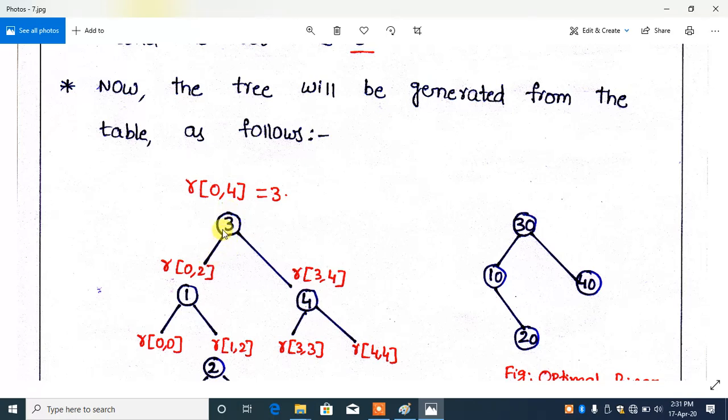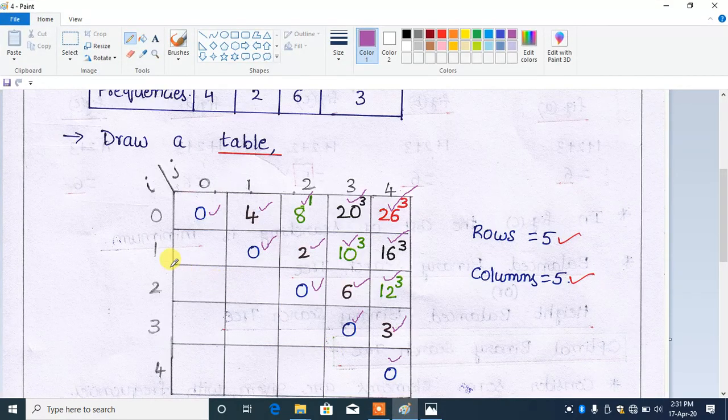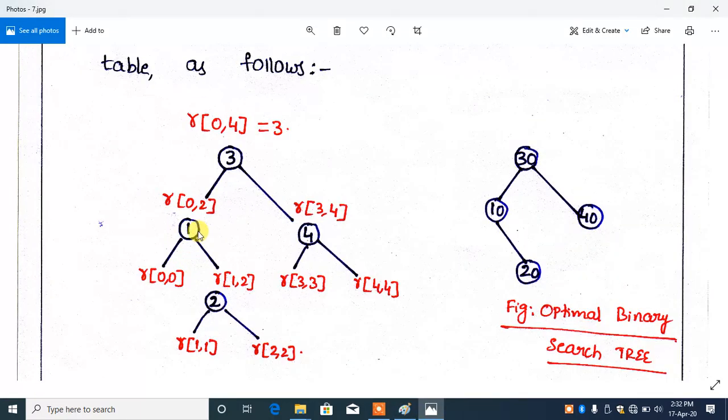Here the left contains less values and the right contains greater values. So for the left you have to consider the cost of traveling from 0 comma 2. See the table. The cost of traveling from 0 comma 2 is 8. So what is the root node there? 1. So write here 1.